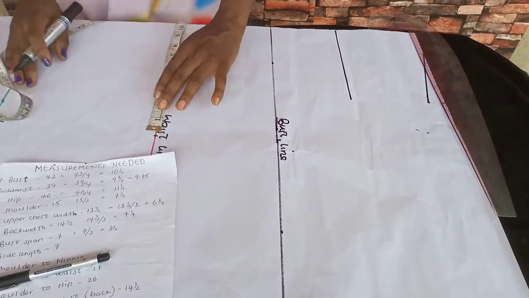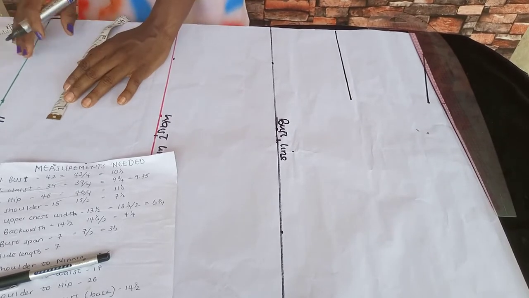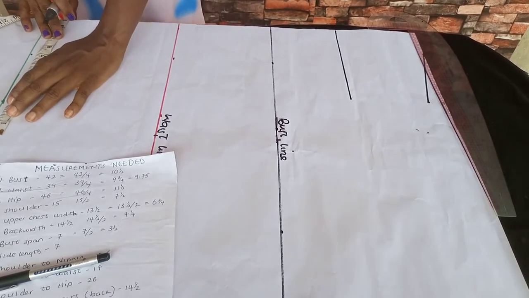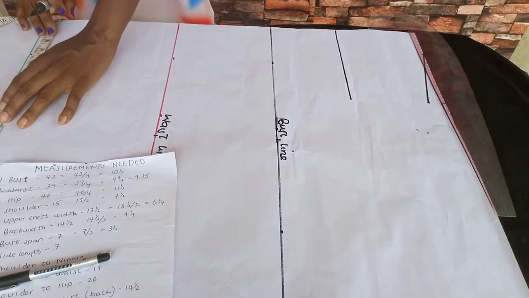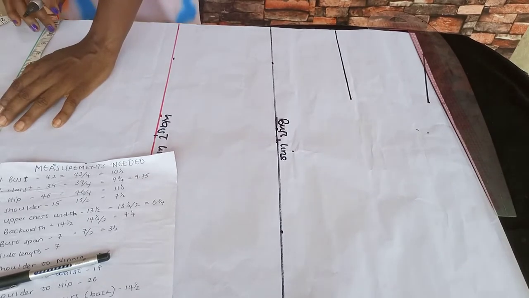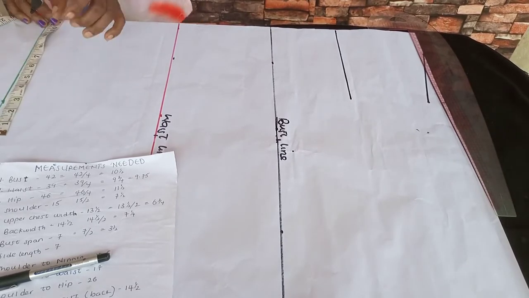So I'll be measuring 10 3/4. For the hip line is 46. 46 divided by 4, I have 11 and a half. Remember, for the hip